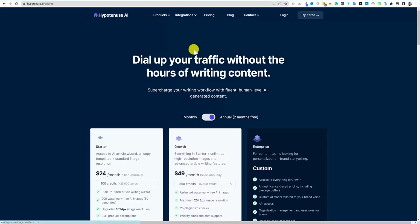Now, you guys want to go and sign up for this. And I got to be completely honest with you. This is kind of funny because this software is so good, I believe, that I actually didn't even want to do a review. I didn't want to expose this software. Kind of funny, right? I mean, I already know some of you already know about it, but when you put this software out here,